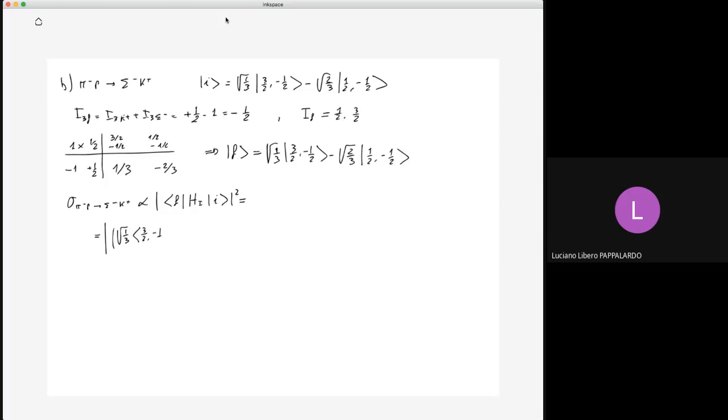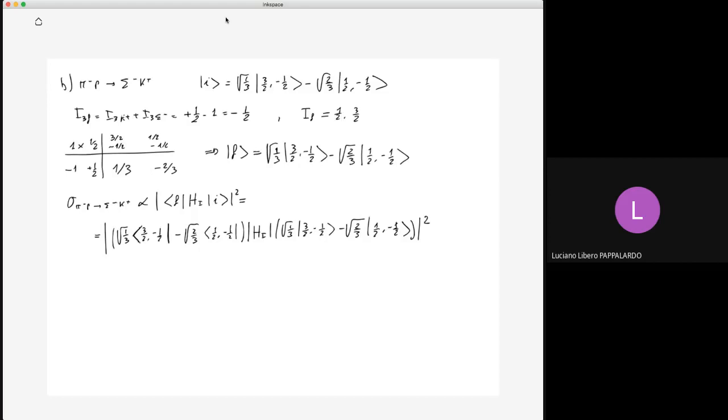Three halves, minus 1/2; minus square root of 2/3, 1/2, minus 1/2. This is the final state. Then we have H_I, and then we have the initial state, square root of 1/3, 3/2, minus 1/2, minus square root of 2/3, 1/2, minus 1/2, all squared. Okay. As before, we can take the product, and we will find out that 2 of the 4